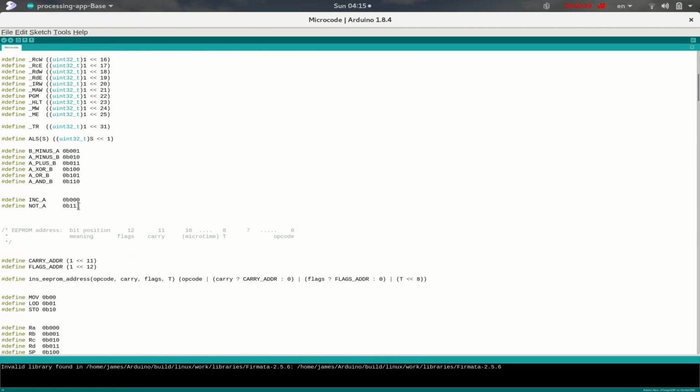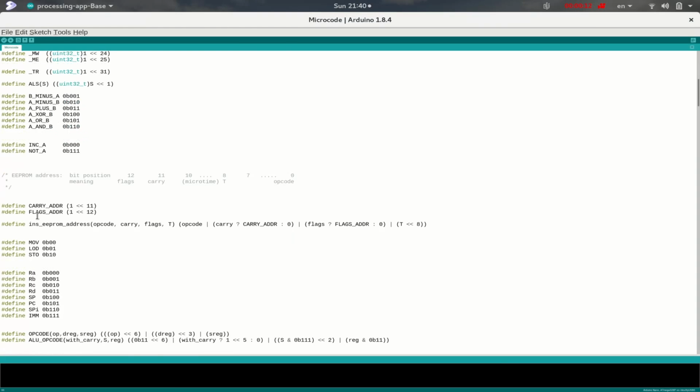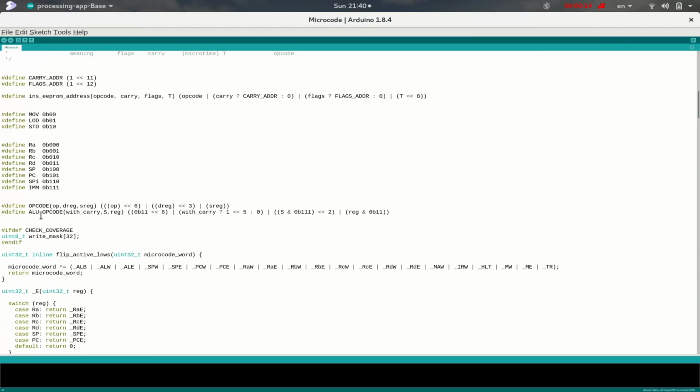But then we'll have two particular combinations of 3 bits, which we won't be using to set the codes, because we never actually use those on our 74LS381s. But we will be using those to encode certain instructions in our opcodes. And so that's these two, the increase and not, which we assigned to 000 and 111. And so with those operation codes defined here, these 3-bit operation codes, we can now write a macro to construct